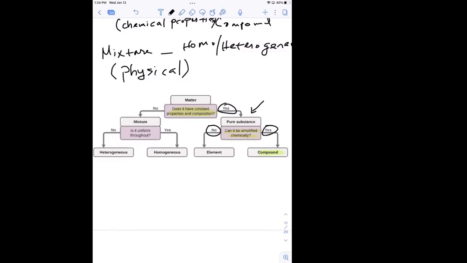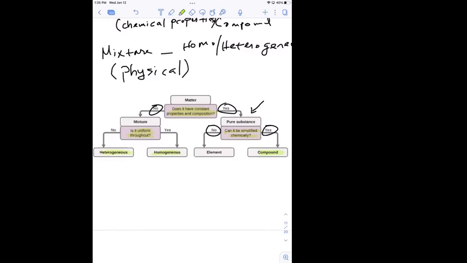So I'm going to give you a couple of examples of that, and then also some examples of mixtures, because if the matter doesn't have constant properties and composition, then it's a mixture. And then that mixture can either be homogeneous, meaning that the composition is uniform throughout, right? Then it's homogeneous. If it's not uniform, then it's heterogeneous. So a good example of a homogeneous mixture